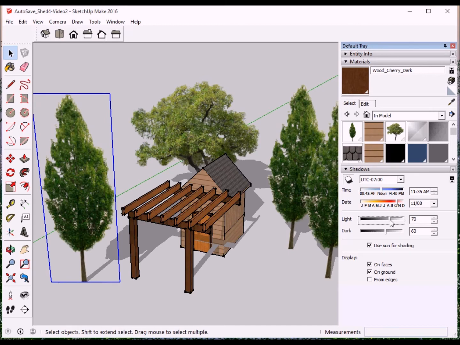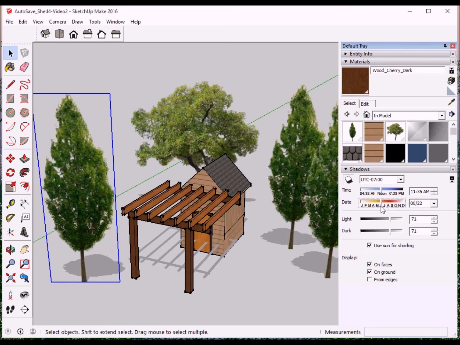And then I can change the light as well as how dark the shadows are. I'm going to make the shadows a little bit lighter. And we can also change how deep the shadows are based on what time of the year it is. You can play with shadows and see what that does for you, and